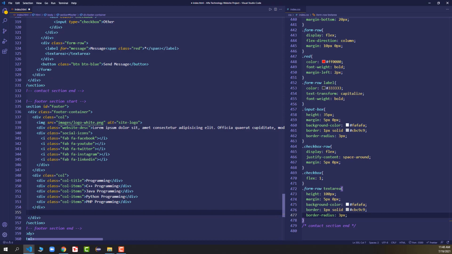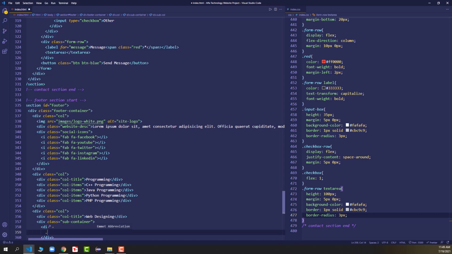Okay, after that I will add another col class, so this will be the third column. Here I will say dot col title, the title of the column, and here the title will be web designing. After that I will come down, here I will add dot sub container. So in this one column we have 2 columns, and inside this sub container we have dot sub col, and inside this sub col I will have dot col items.